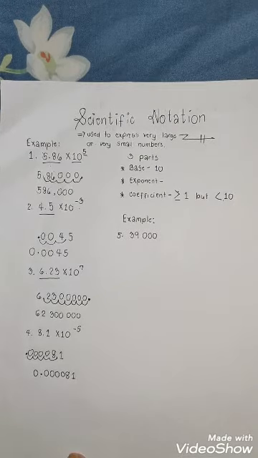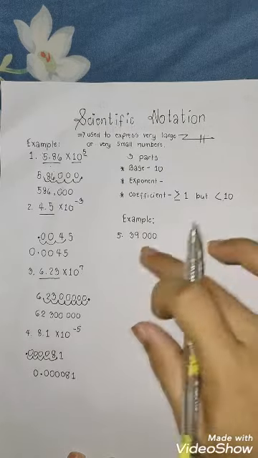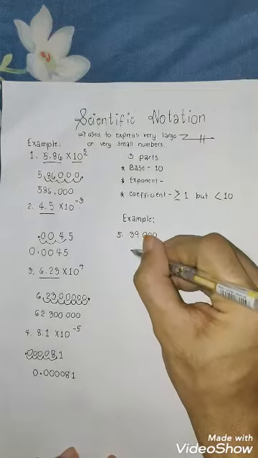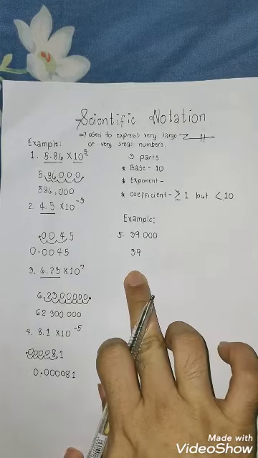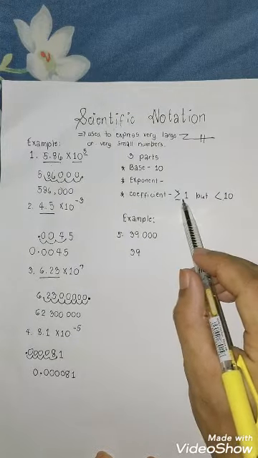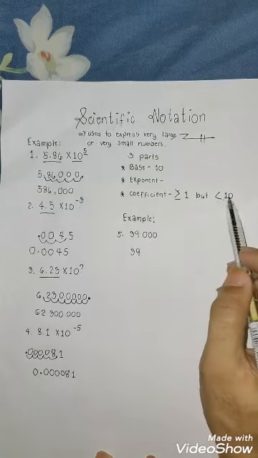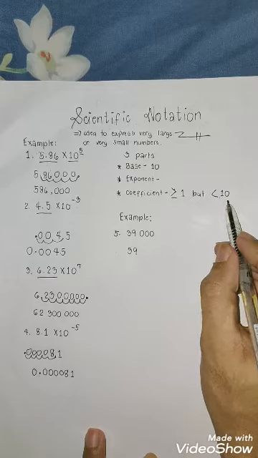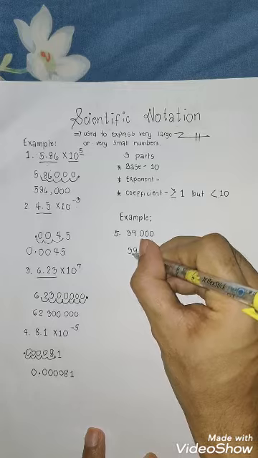Punta tayo dun sa number na may value, which is 39. Kasi 0, 0, 0 na po yung lahat, so hindi natin sila papansinin. Hindi masyadong mahalaga ngayon ang 0. So we have 39. From 39, gagawin natin siyang coefficient. Ang sabi sa coefficient, dapat to po ay equal lang sa 1 or mas malaki sa 1. Pero dapat mas maliit sa 10. Ang 39 ba, mas maliit sa 10? Hindi, mas malaki siya. So, para maging mas maliit sa 10, lagay tayo ng point sa pagitan ng 3 at